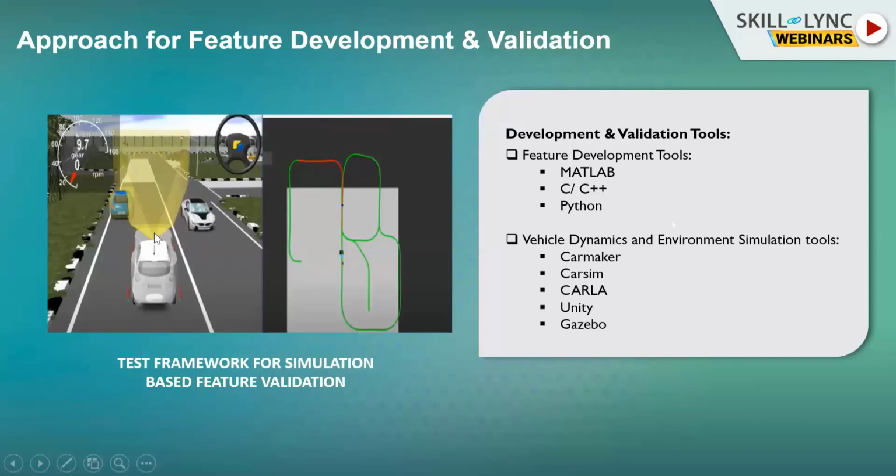So this is an example of the vehicle in a simulated platform. Here you can see we have taken a simulated platform. This white vehicle is my ego vehicle, and this yellow view is the FOV. Here, the collision avoidance feature is implemented inside the vehicle, and it's being tested on the simulated platform to see whether it's working or not. There could be many other tools, like MATLAB, C, C++, Python. Similarly, simulation platforms could be CarMaker, CarSim, CarDAV, etc. The green and red thing on the right-hand side of this diagram is basically the path of the ego vehicle, the path it has traversed so far.